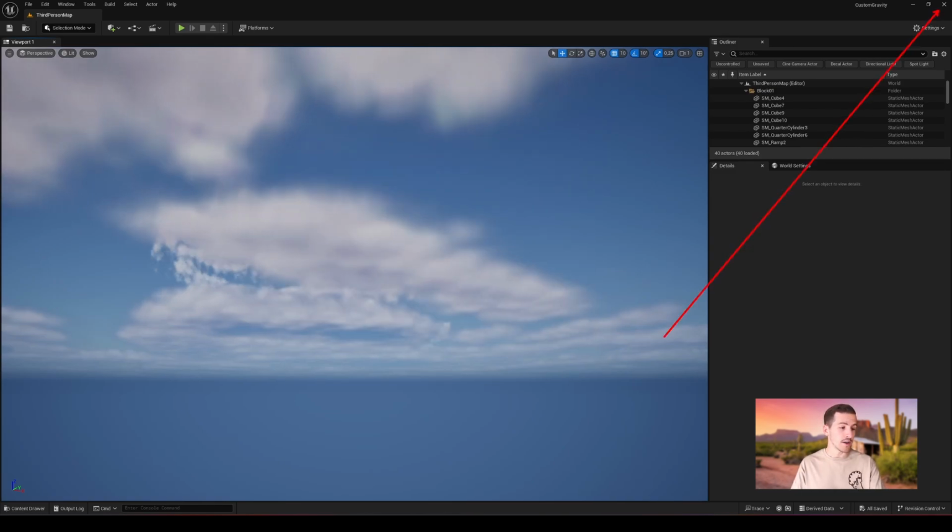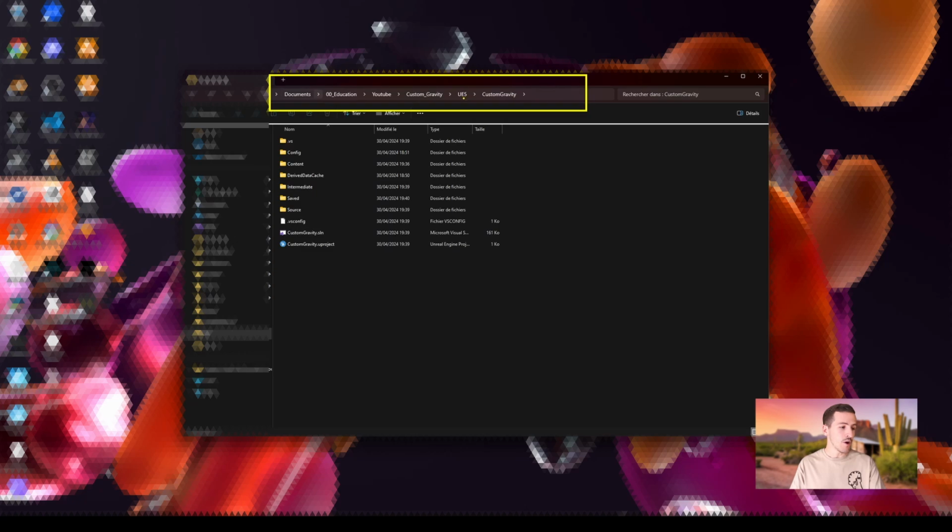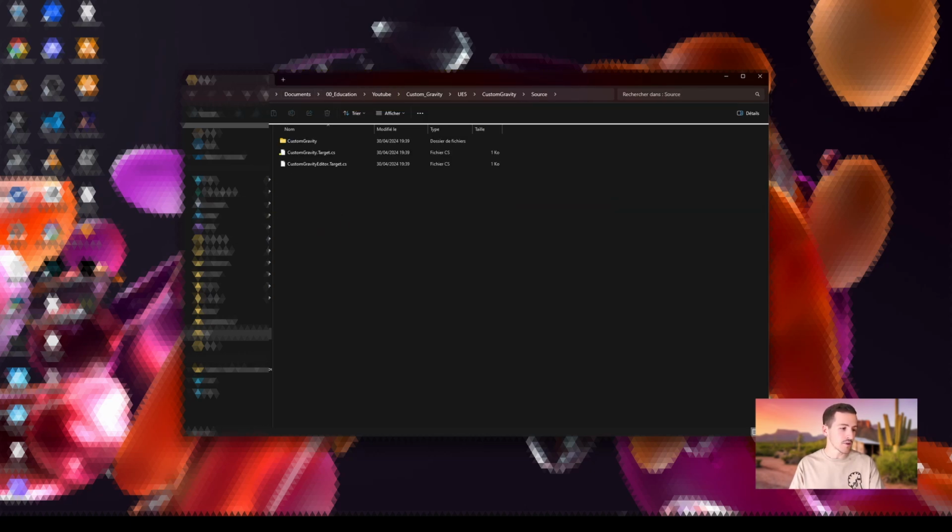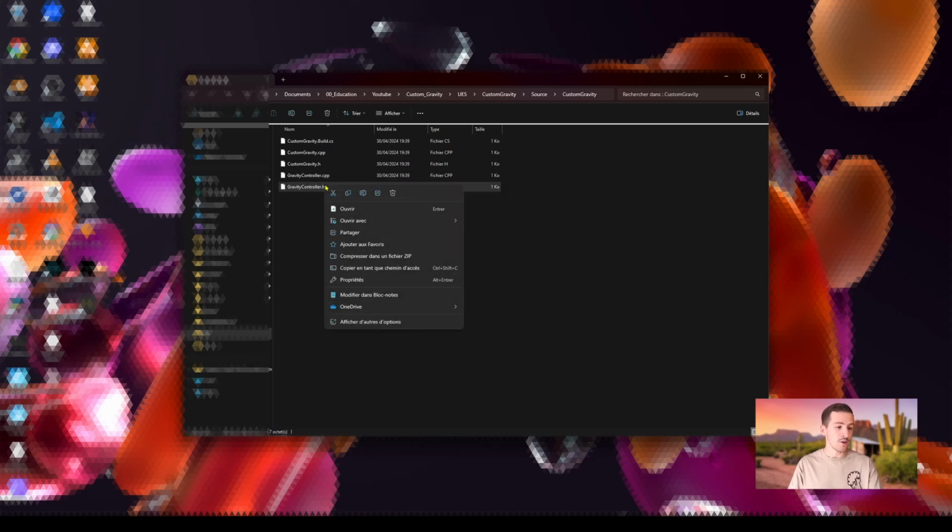You can now close Unreal and go directly to your Windows folder where your Unreal project is located. We'll find common folders there, like Config and Content. Additionally, as you can see, we have new elements created here, such as the Source folder. We'll focus on this one first. Open it, then also open the subfolder named after your project. We'll edit the last two elements, namely the Gravity Controller .h and .cpp files. Let's start with the second one, the .h file, by right-clicking and choosing to open it either with Notepad or, like me here, the simple version of Visual Studio Code.